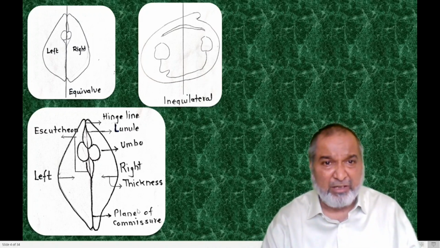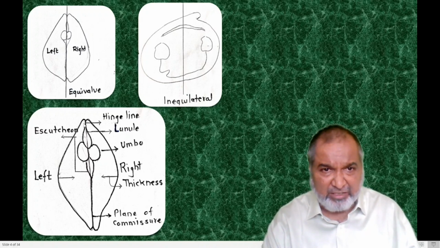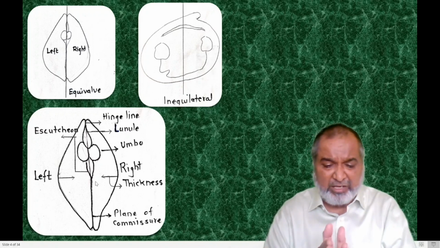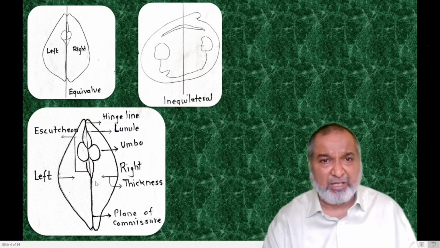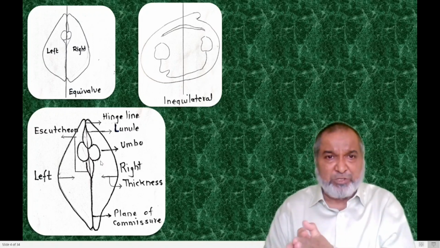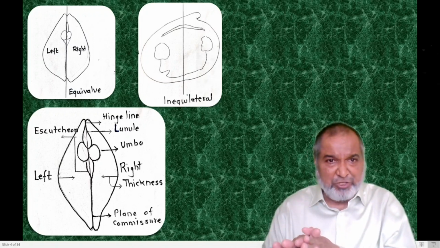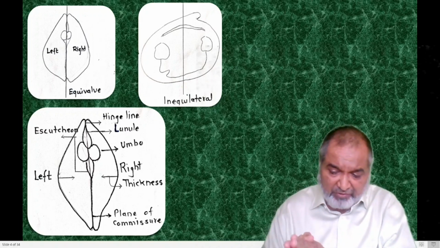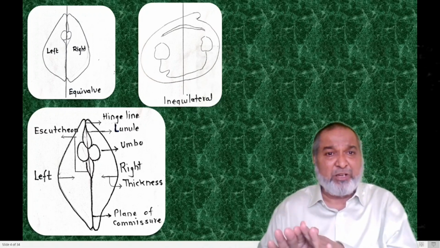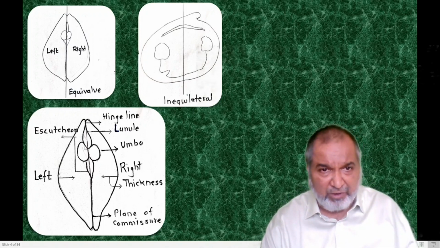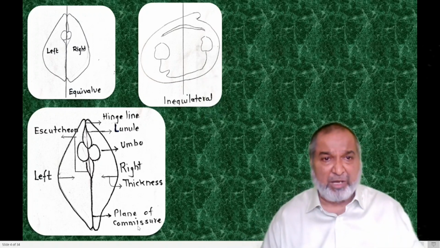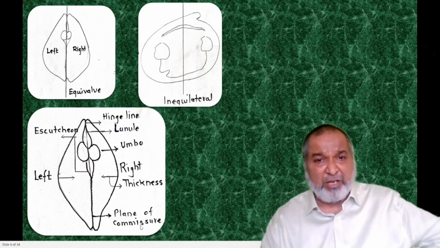So you can see the hinge line, which we have mentioned here, the plane of suture. Then the lunule is there. Why hinge line? Because along the hinge, the teeth are packed and joined together. Opening and closing happens with the help of muscle impressions, and along the hinge line the valves are tied towards the dorsal side, and from the ventral side there is opening and closing of the shell. Similarly, if you make the complete plane, it is called the plane of commissure.